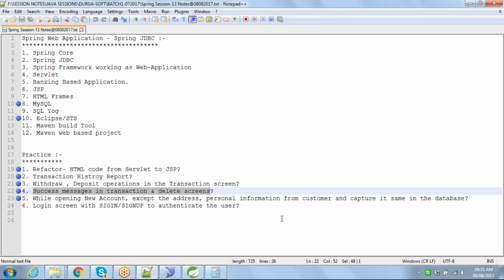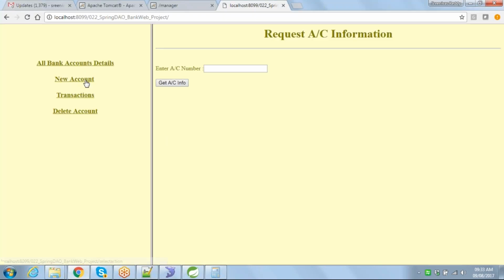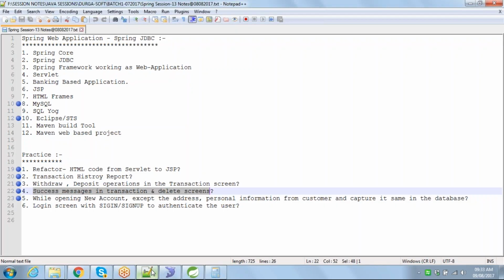And coming back to the fifth step, while opening a new account, can any bank accept only your name and open your account? Absolutely not, right? At least you have to provide certain details before you register an account. What details? Opening a new account, you need an address and your personal identification information, like maybe your Aadhaar number, your PAN card, your date of birth, and all the identification and personal details should also be